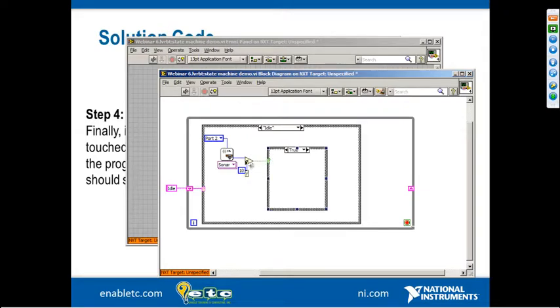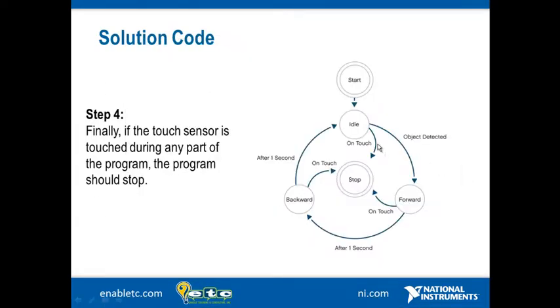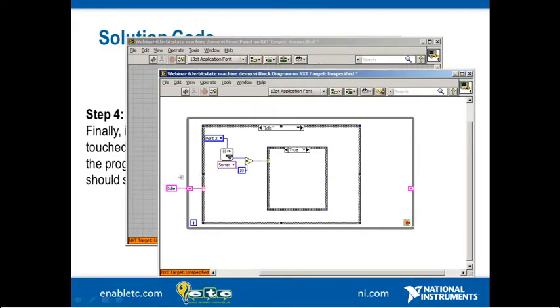And if an object is detected, what is the action that we want to take? Well, this is a good question. We know that if we have detected something, we want to make the robot start moving. But the way we program a state machine is to make sure that we actually transition to the right state and let the states do the action. So rather than creating a move command now, all I'm going to do in the idle case is change my state by doing a control drag on this constant to be